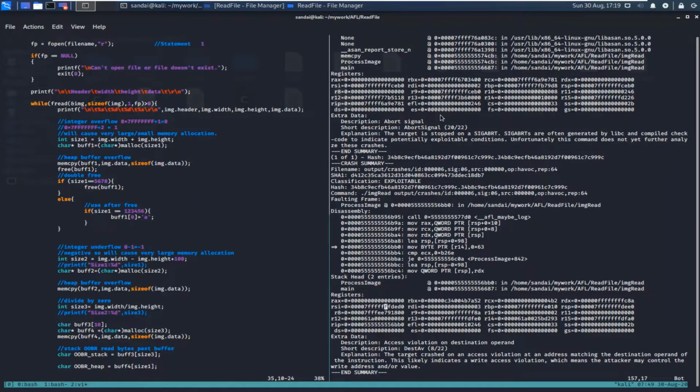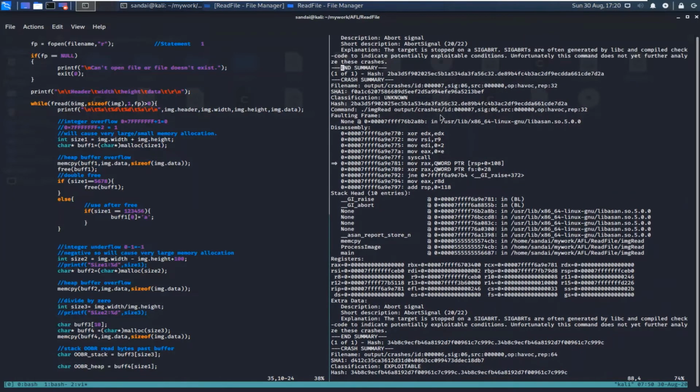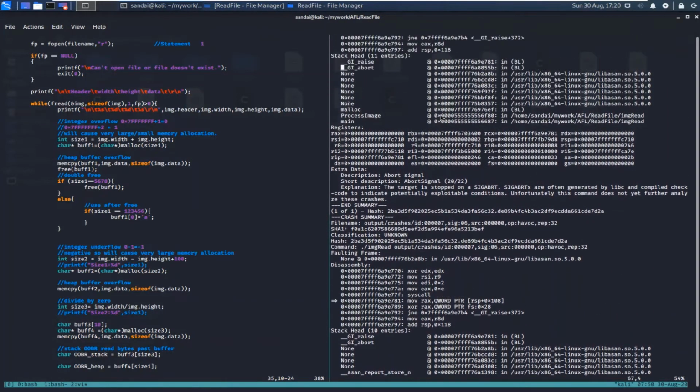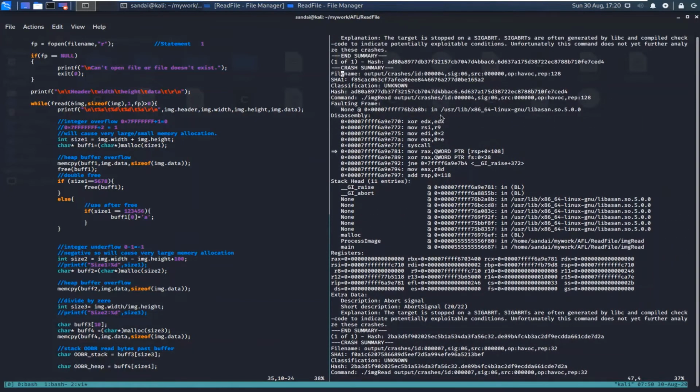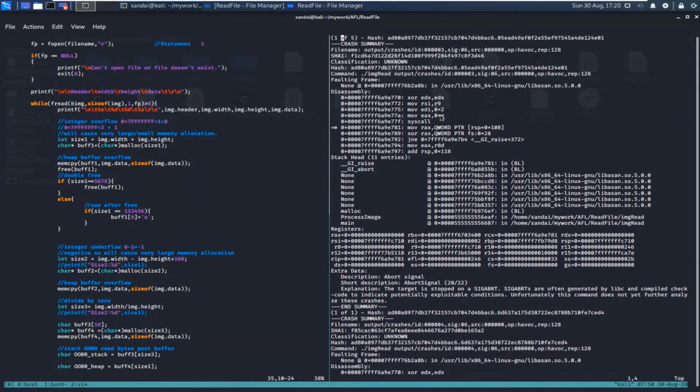There are a total of 4 unique crashes which it has found, and you can see that there is only one crash with this particular call stack. You can go over here and see there is one crash with this call stack, and again one crash with this, and a total of 5 crashes with the following call stack and details.